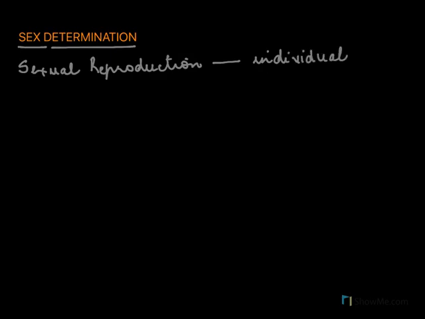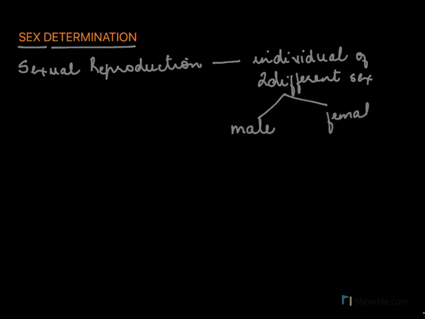Sex determination. Now, in sexual reproduction, we have seen it involves individuals of two different sexes. That means in a population, the individuals can be divided in two sexes. We call one as the male and the other as the female sex,